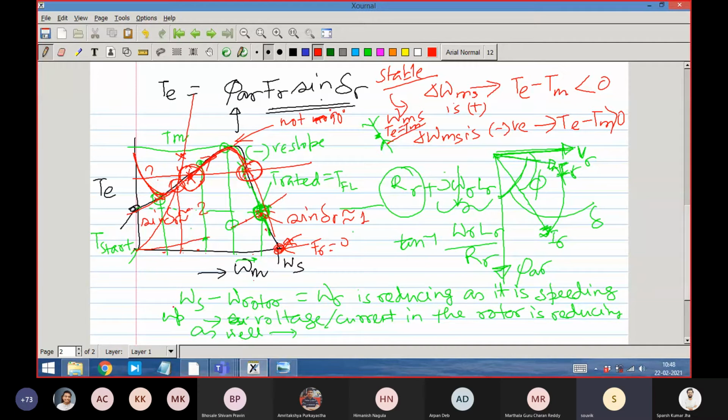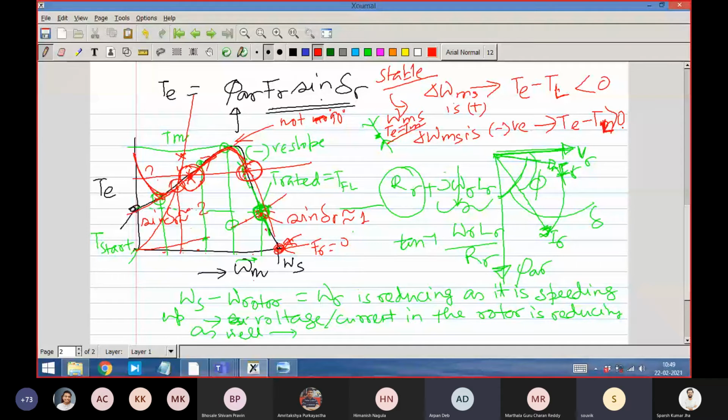So it will stabilize there. So such things you have to see, if this has to operate stably, whether at that operating point, if I give a perturbation. In control language, it is called perturbation. Perturbation in that steady state speed, delta omega m, positive perturbation, then the developed torque minus load torque has to be negative, and in the other case it has to be positive.